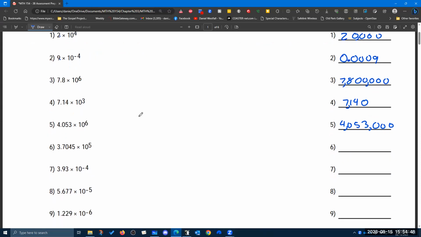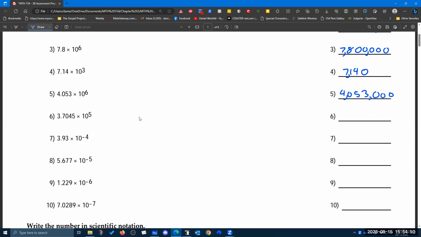This next one, we're going to move the decimal point 5 times to the right. So that's 1 more. Then after that 5, 3, 7, 0, 4, 5, 0. Put our comma in there for readability. Now we're going to move the decimal point 4 to the left from where it's at right now. So there's going to be